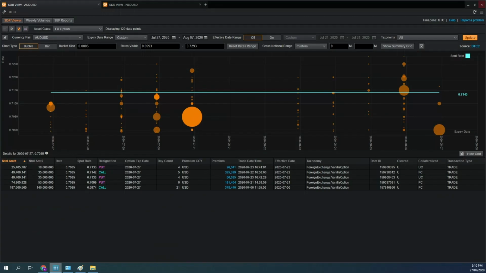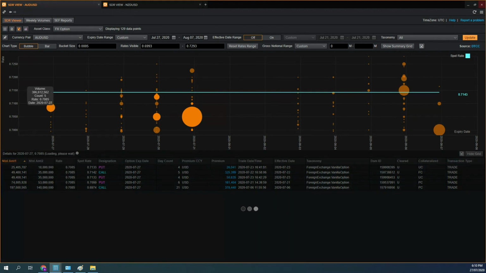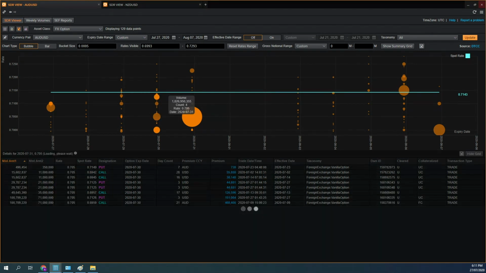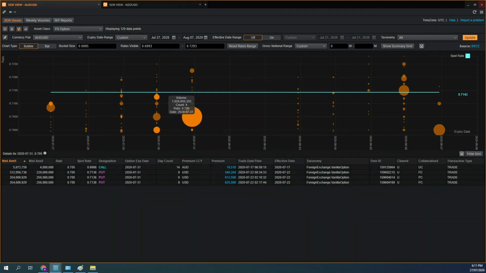So if we open up the options pricing for something like the Aussie dollar versus the US dollar, even though the bias remains to the upside, you can see from the breakdown of these option expiry levels that the ratio between puts and calls is very even right now. It's very balanced, meaning there's both buying and selling interest at these key levels on the charts, low on the charts, especially coming in close to that 70-50 level. Now, that means buyers want to keep us above 70-50, but there's also an equal amount of sellers wanting to keep us below that level, which means we do need to have more caution when it comes to trading the